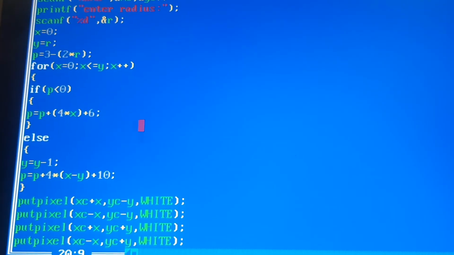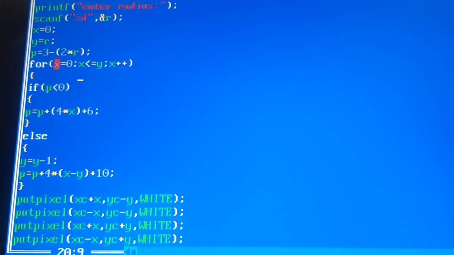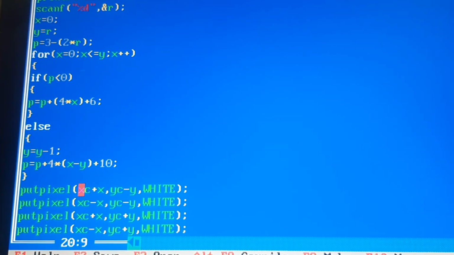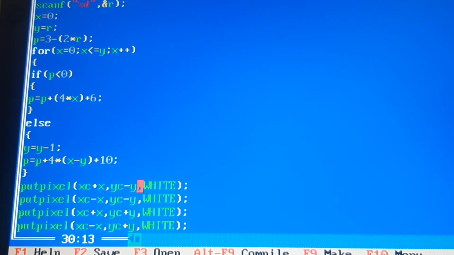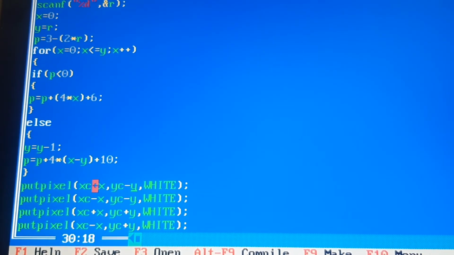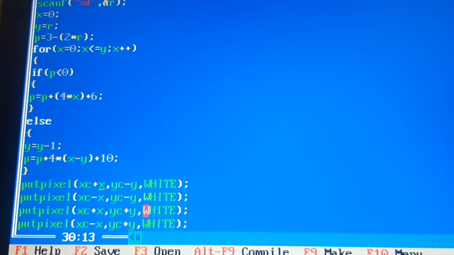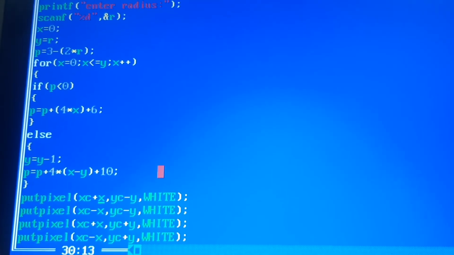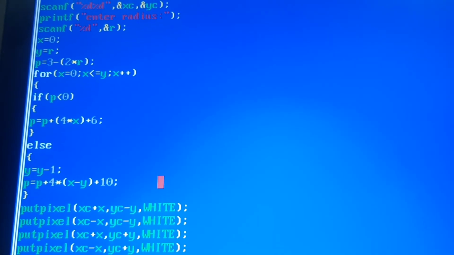Whatever values of x and y we get will be used here, and accordingly the particular point will be plotted. Then let's see the execution part of this algorithm.